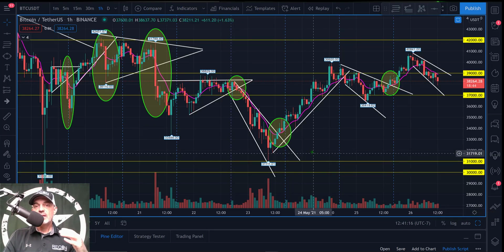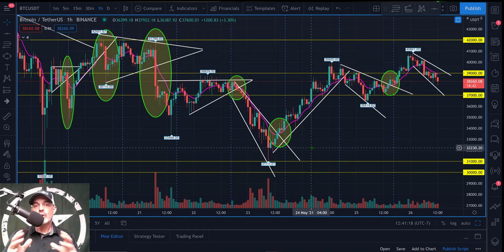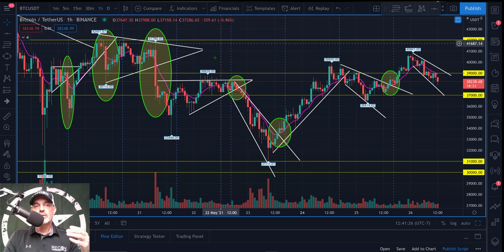Now, with that all being said, regardless of who's in control of the market, as long as you can identify who's in control of the market, there are a lot of trading opportunities available to you. If we jump over to the Bitcoin 1 hour chart, you'll see I took several short opportunities based on price action where the price was breaking down and getting confirmation of dips below 9 EMAs, below trend lines.